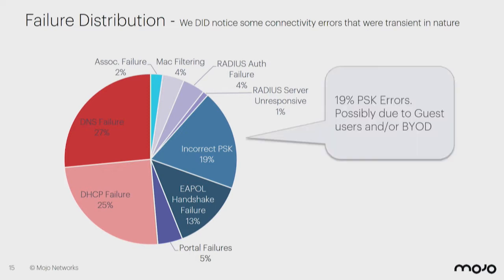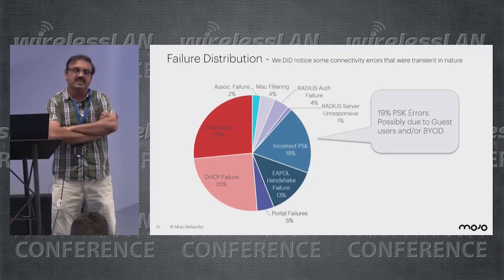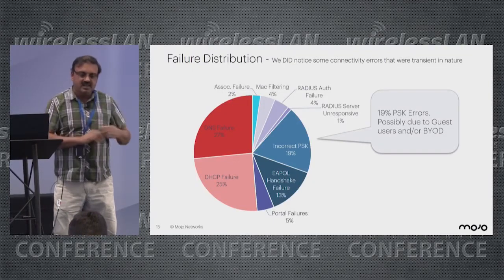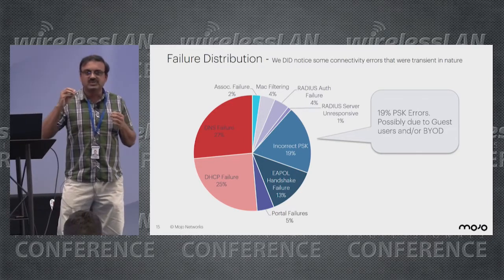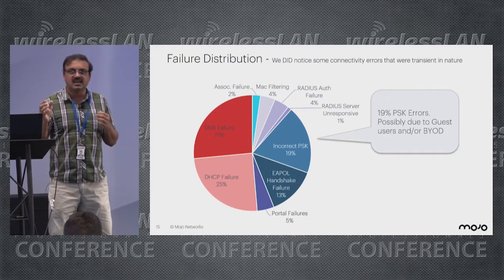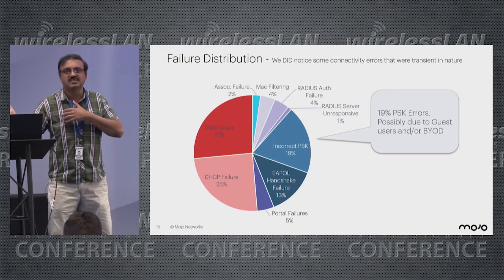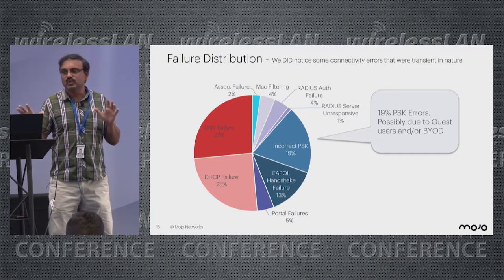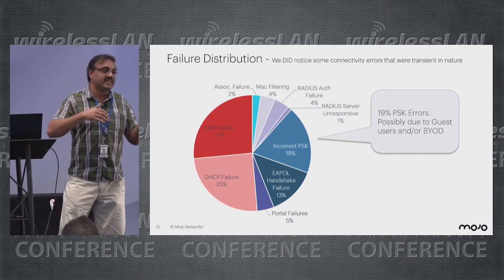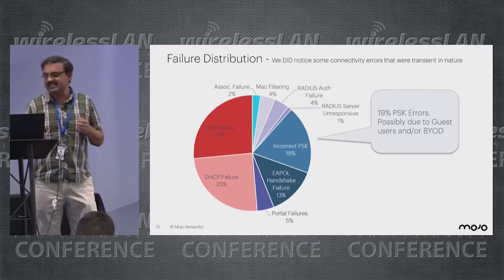So we see that there are about 19% failures which are related to incorrect PSK, right? This is again something interesting because PSK is not typically used in enterprise for enterprise access. It is mostly used in guest access, be it in the retail or hospitality industry, or in enterprise to provide guest access, right? So we believe that this may be due to things like the BYOD devices that users are getting, or maybe some guests who are coming and putting in wrong PSK passwords and so on. That is what we think is happening here.